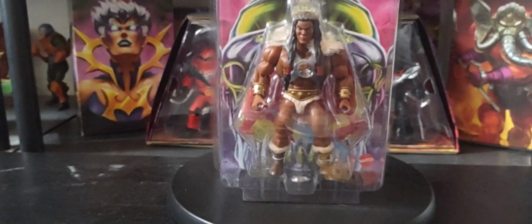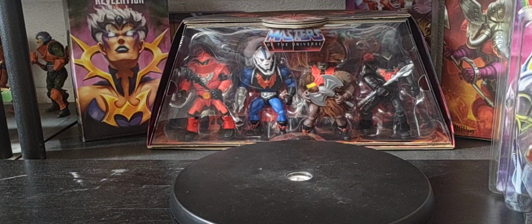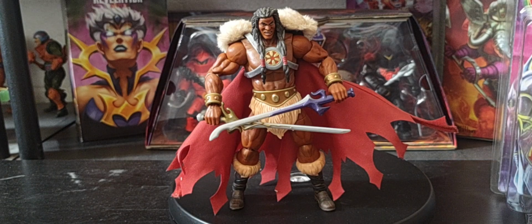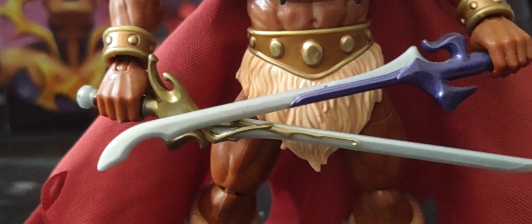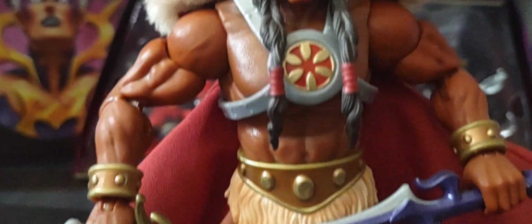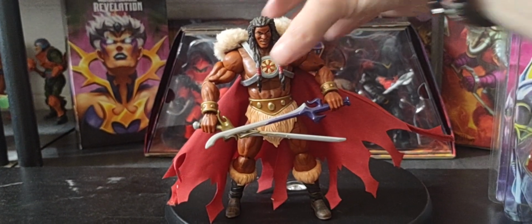Also, I do have the Masterverse version of the King Grayskull figure right here. I have my loose version out here, so I have this version of the King Grayskull figure. All right, in the packaging, out of the packaging, looks absolutely amazing. You can see all the detail with the Splinter and the other version of the King Grayskull with the cape and the soft good fur right there. There he is. Pretty cool. I'm trying to see if I can get this version of the Splinter